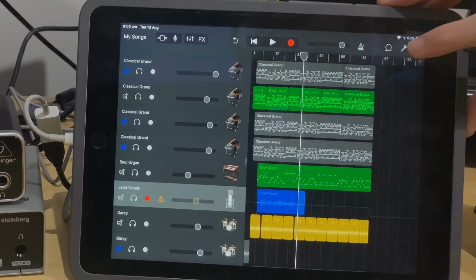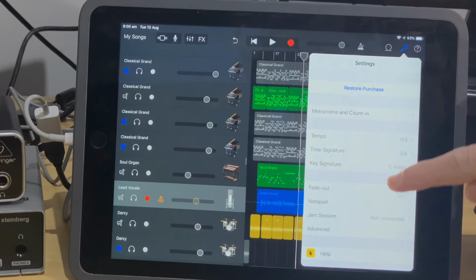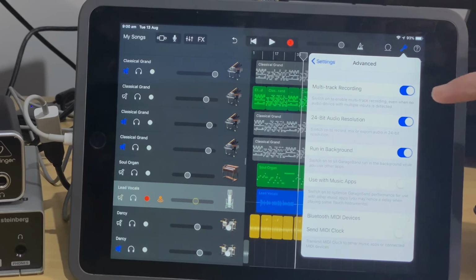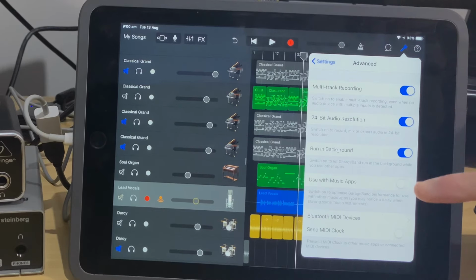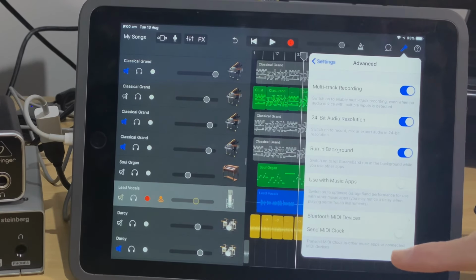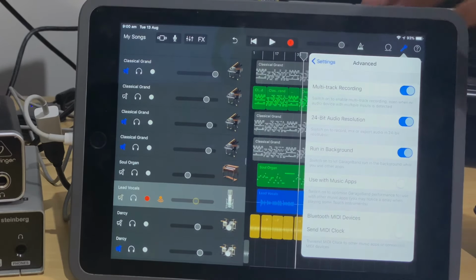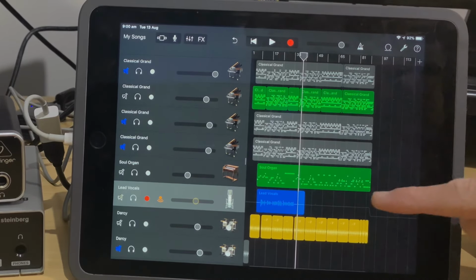So to do that, we tap on the settings up here in the top right and scroll down to advanced at the bottom. And here we go. The very top one is multi-track recording. So we need this one on. It should automatically turn it on once you hook up a device that has multiple channels. But if it doesn't, jump in there and set that up, and that will make you good to go for